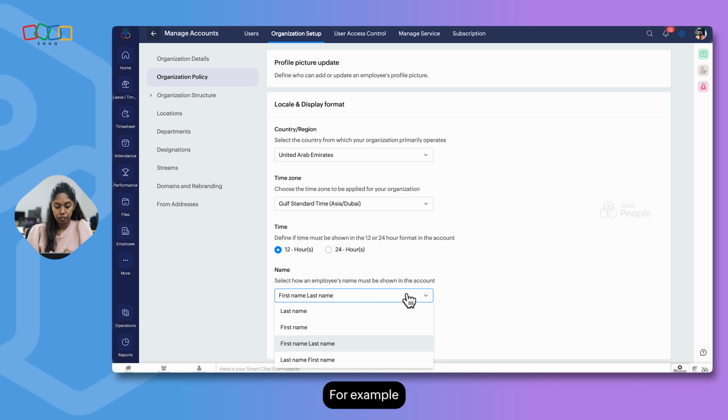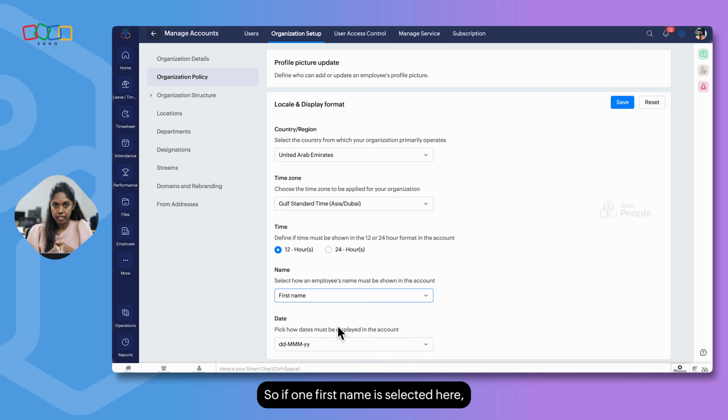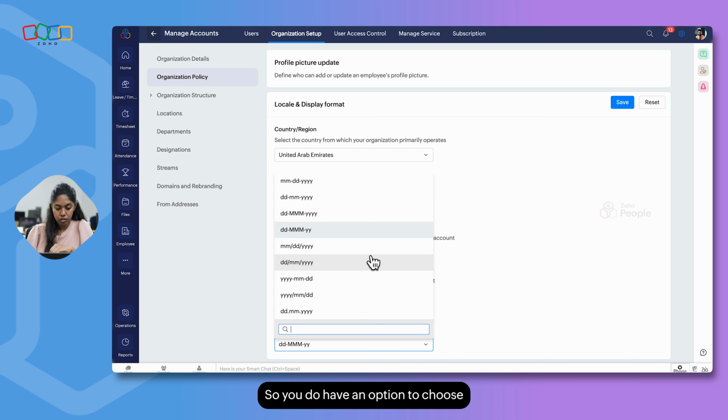And then we have the name format. You do have different options to select from. For example, you can select only the last name or even only the first name. If only first name is selected here, an employee will be represented only by the first name in the system. And at last, we have the date format. You do have an option to choose from a predefined list of date formats.